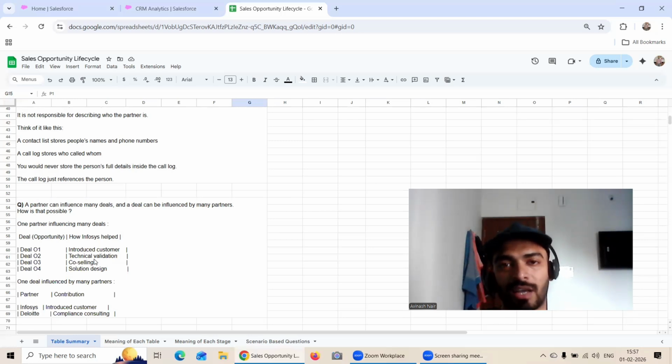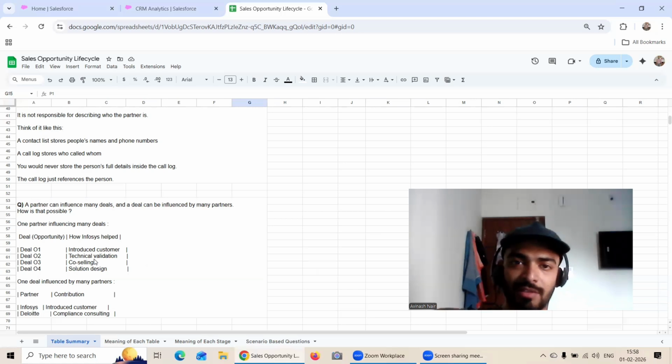Co-selling is like they already have certain sales people who are there, but they are just influencing the customer. So they've already had certain customer, for example, let's say customer one. Maybe they were using certain tools, let's say MySQL, or maybe some other tools as well. Let's say Click. So maybe they shifted them to Salesforce CRMA and they had given their opinion on how shifting from Click to Salesforce CRMA can help them in a big way. And in that way, they influence the customer who was already working with Infosys, for example. So this way, these things can happen.